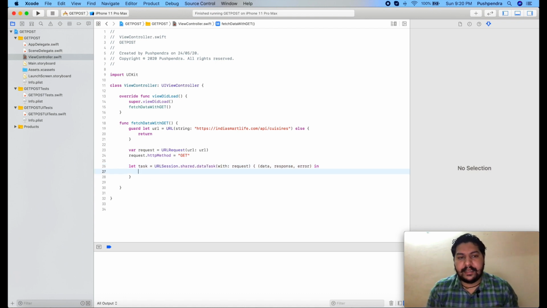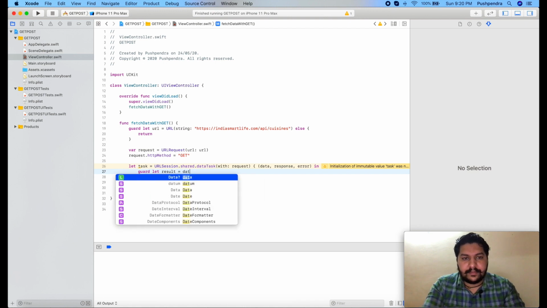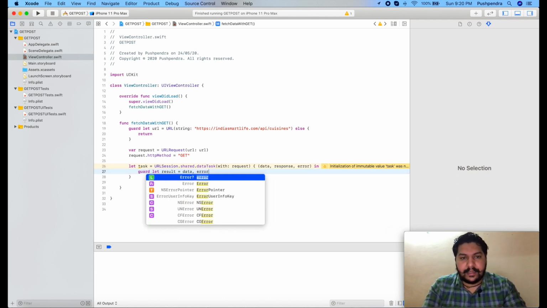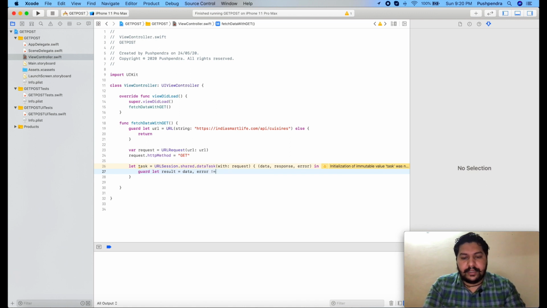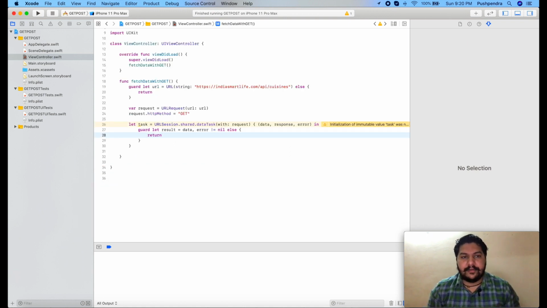Now here we can validate. Guard let result equals data, okay. What I did, I take the data inside the result if it is valid, and comma error not equals nil, okay, else it will return, means it will return from here with the error, whatever error will be there.